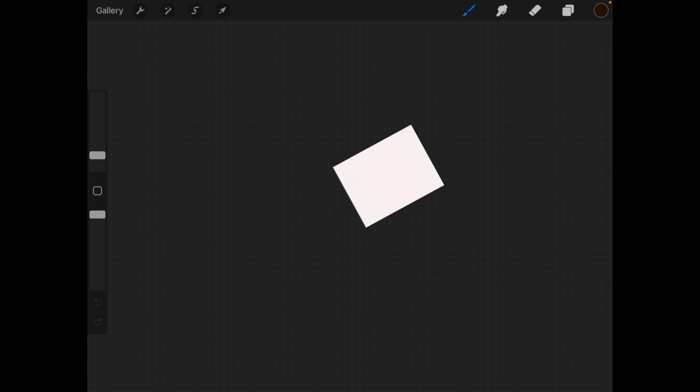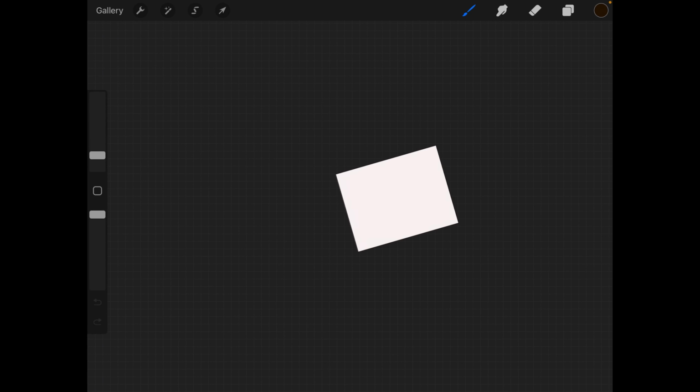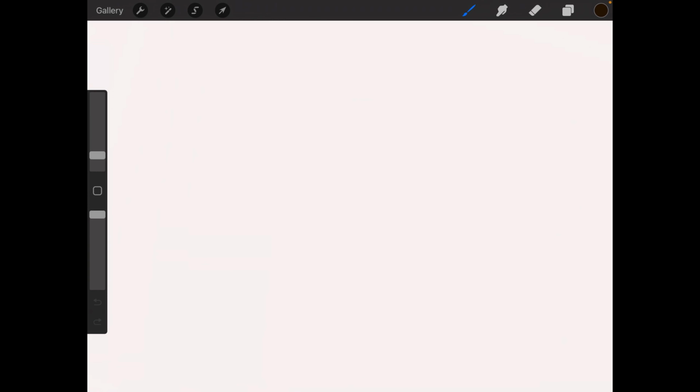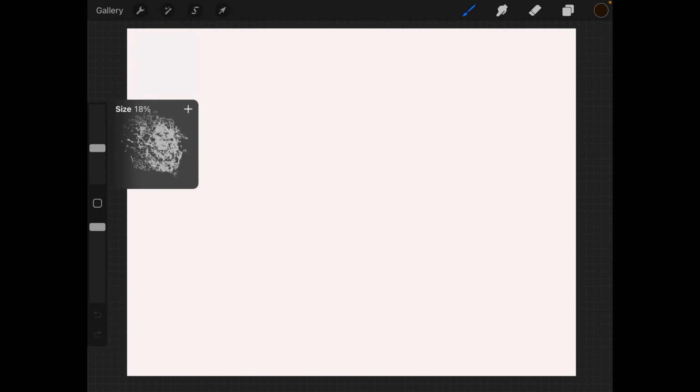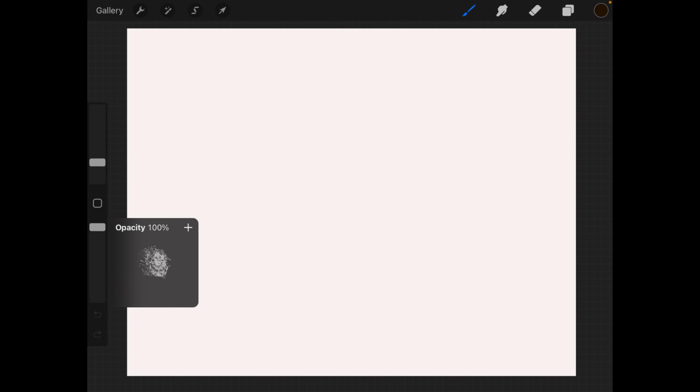Alright, so now we have our canvas created. So what do we do now? First thing, I'll just tell you a few gestures. If you use any two fingers, just like on a phone, when you bring your fingers together, the canvas will become smaller. When you push them out, it will become bigger. I like to keep it at around this size and keep adjusting it while I'm doing the artwork. And towards the left, this section here, what you have is our adjustment sliders to adjust the brush size and opacity. I will come to this in just a minute.